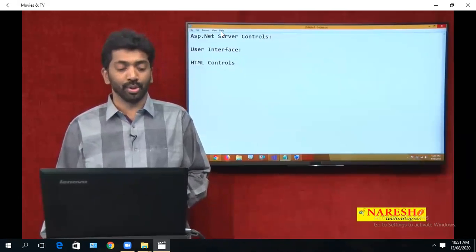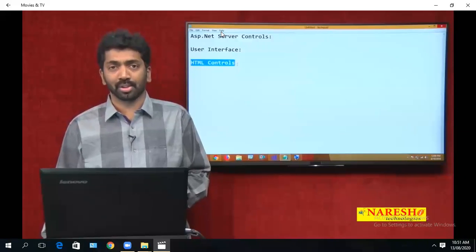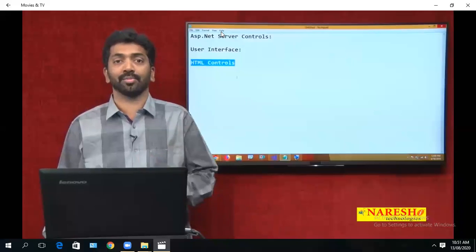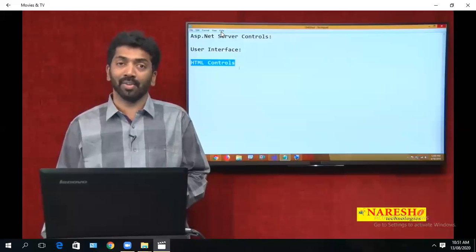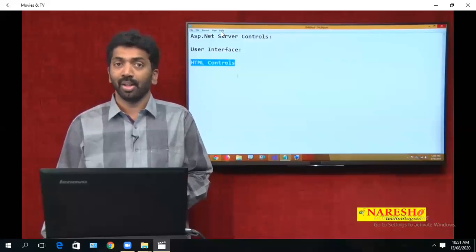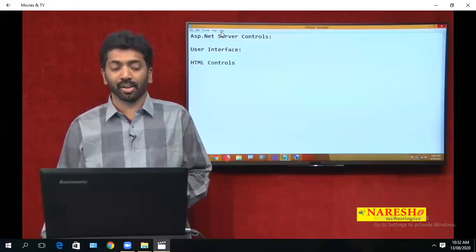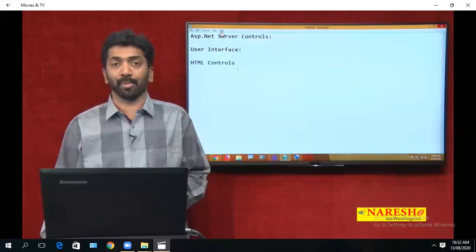The reason why we don't use these is that HTML controls cannot be accessed directly in our server-side logic. When I write any server-side logic, I cannot refer to the HTML controls directly. So to overcome this particular problem,